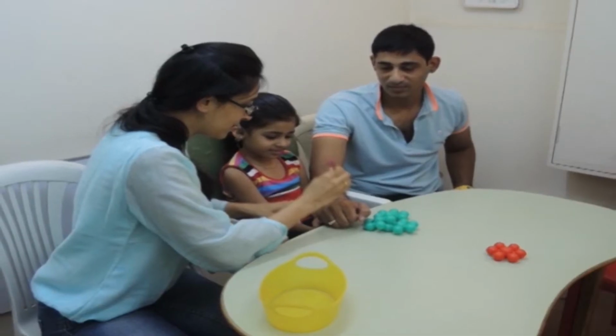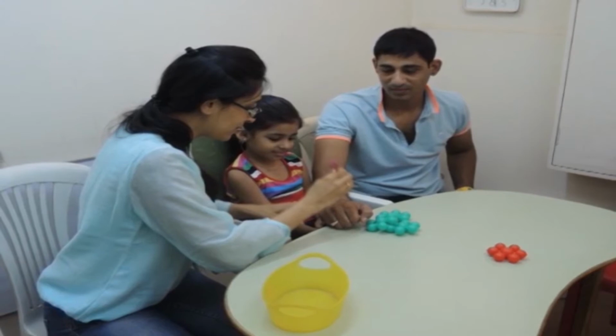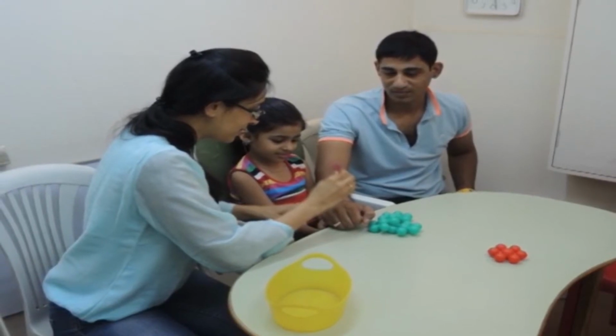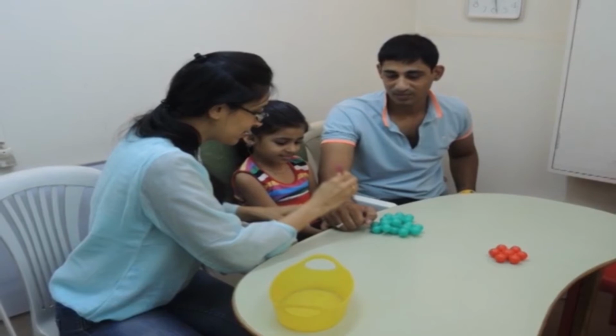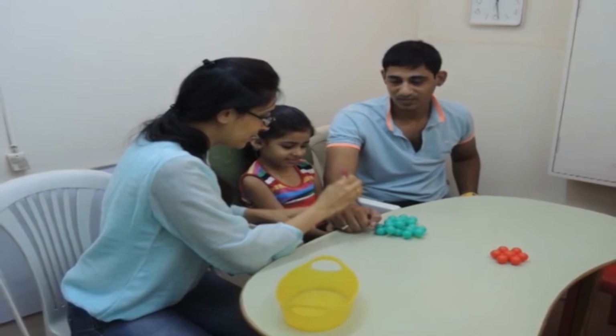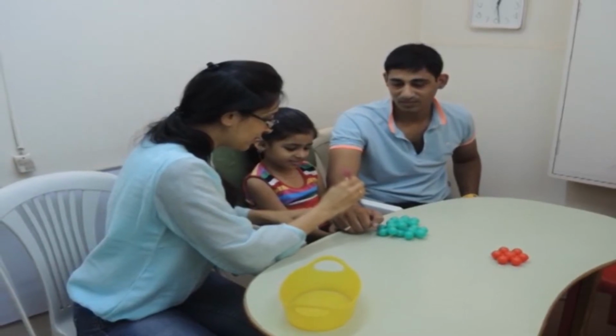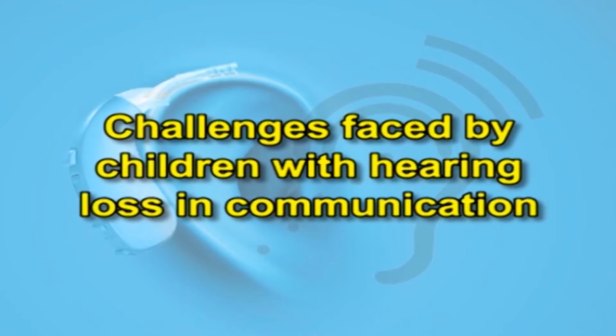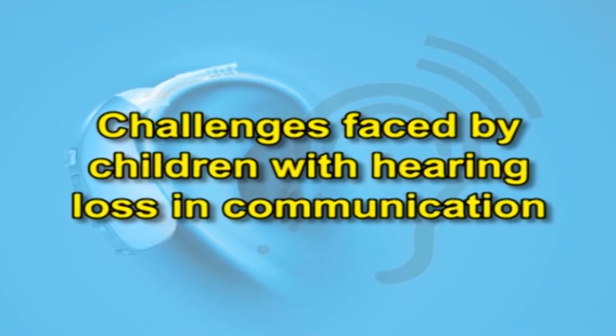Oyumi 2008 has stated that hearing impaired children tend to be visual learners, and this is difficult in an environment where much essential information is delivered exclusively by word of mouth. Challenges faced by children with hearing loss in communication. Children with mild to moderate hearing impairment may develop speech and language at roughly the same time as their peers. However, they might still struggle to communicate and speak normally.